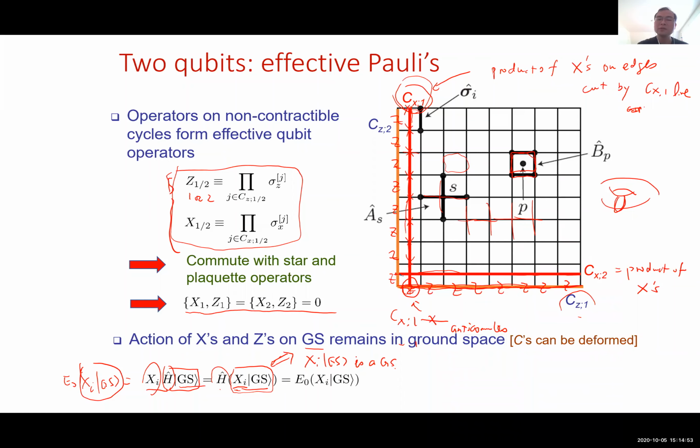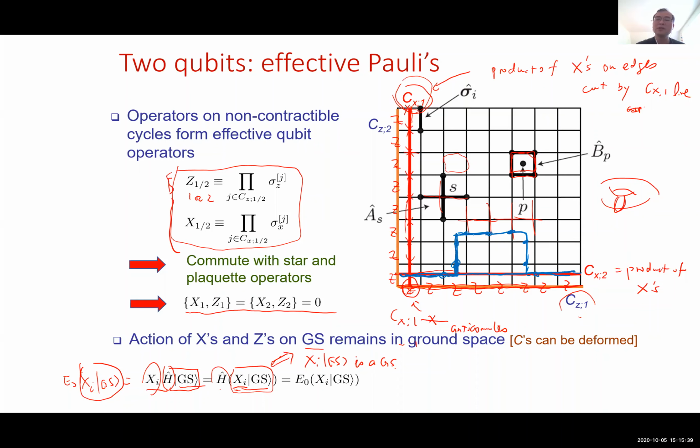So we define these, for example, cutting across these edges, CX2, you could actually deform it. If you consider this one, let me just draw. I deform it in a way that I can just go up and horizontally and coming down. This is also a valid loop that commutes with all the stabilizers because each plaquette is still cutting only an even number, right? You can clearly verify that. Okay, so that means this is also a valid